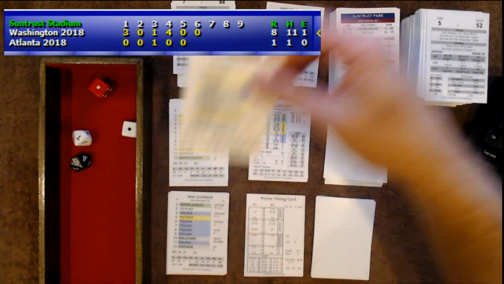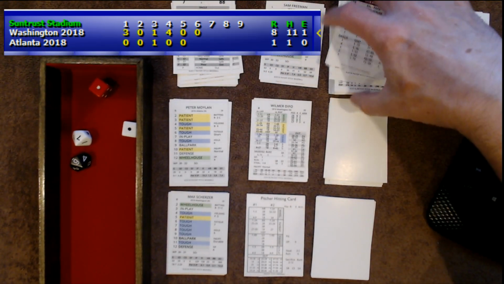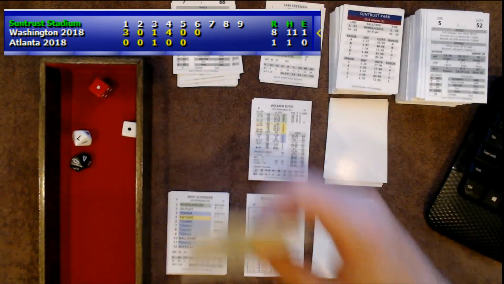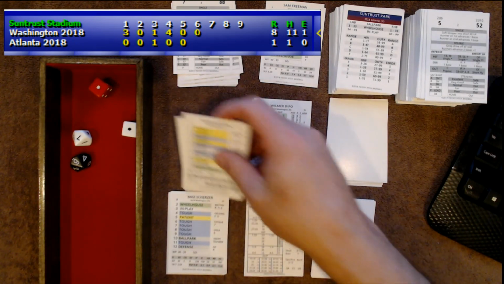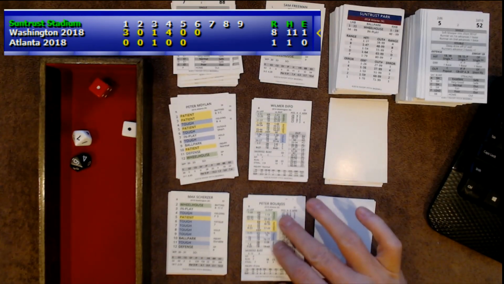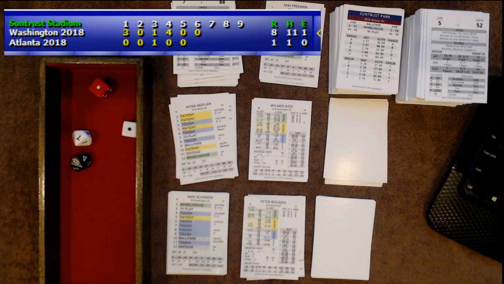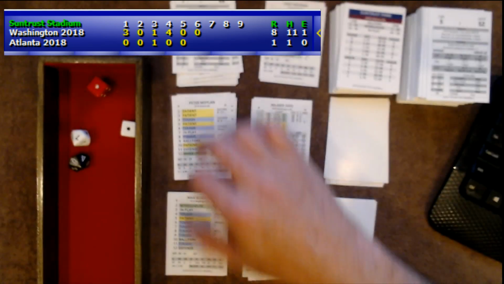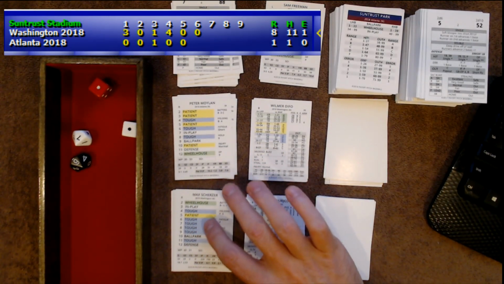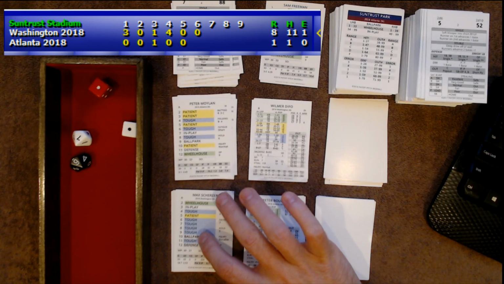And Sam Freeman's going to be out because we're going to be bringing in a pinch hitter here. That pinch hitter is going to be Peter Borges. Peter Borges is going to come in and pinch hit. Pinch hitter, Peter Borges. Thank you. All right, so Borges in. All right, Scherzer is a beast, says Dave Whittle. Yeah, he's got a really good card. You know, your most common numbers, 6, 7, 8, 9 are all tough.